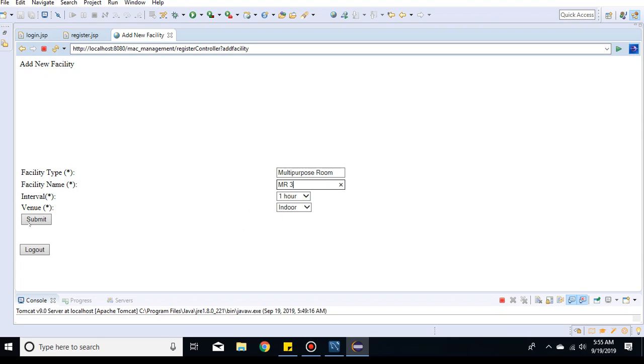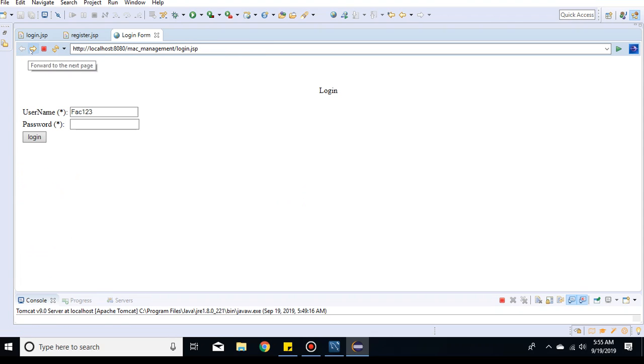It says 1 hour, so we submit again. So that was the third room. This is the fourth room. We add the fourth room. Now let's get back to the, oh, it's locked out, so